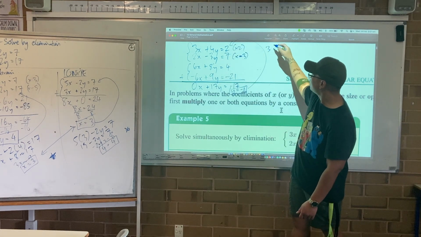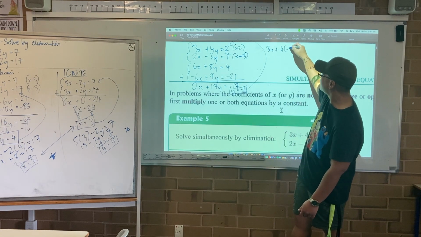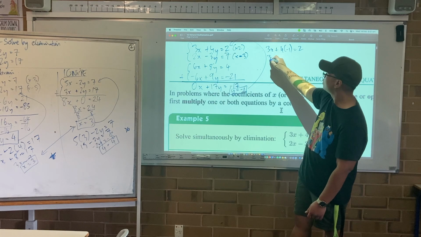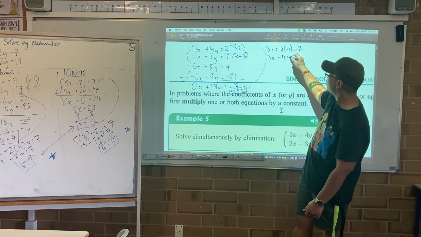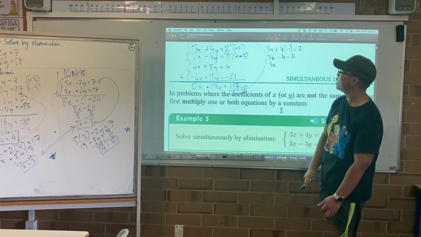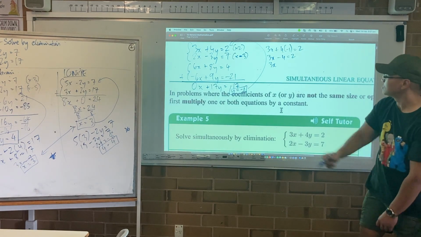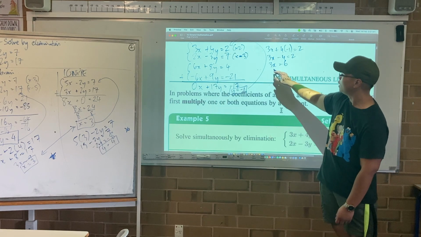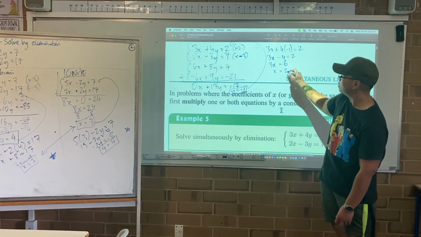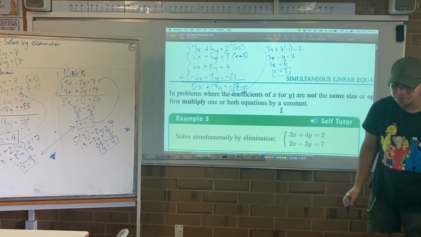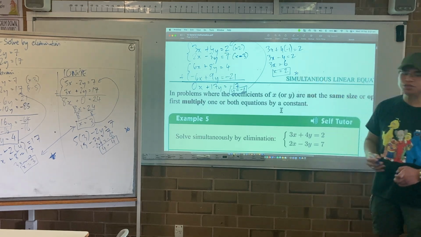So it's going to be 3 lots of x plus 4 lots of negative 1 equals 2. 3x take 4 equals 2. What's my next line going to be? Plus 4. So what's it going to be? 3x is equal to 6. And then x is going to be 2. If you would like that example, you can, but otherwise